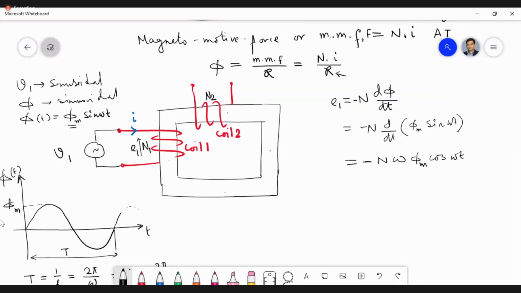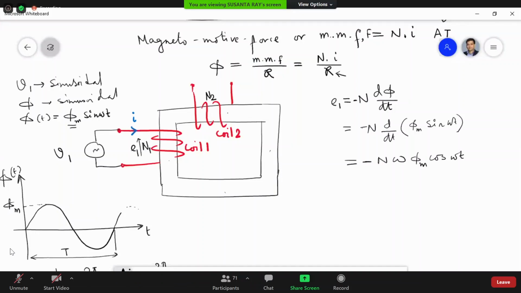I think you are not exposed to values like average value and RMS values. Have you? Sir, we have done it slightly in class 11 and 12. Sir, in AC we have learned in class. So in basic electrical itself,